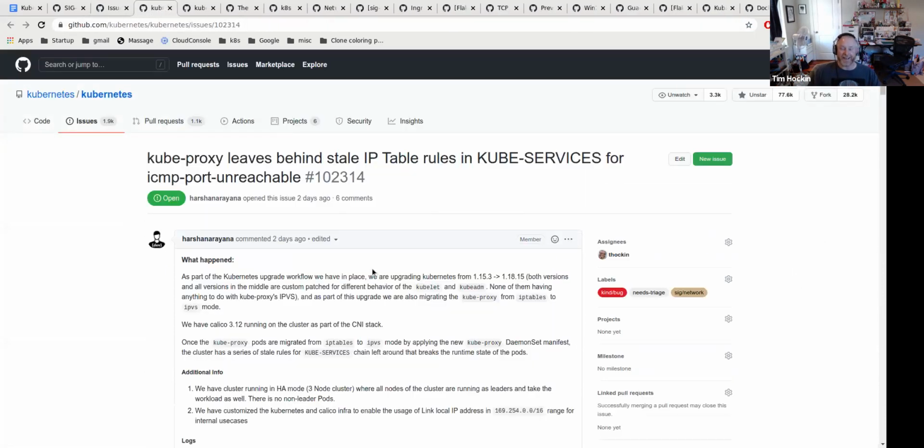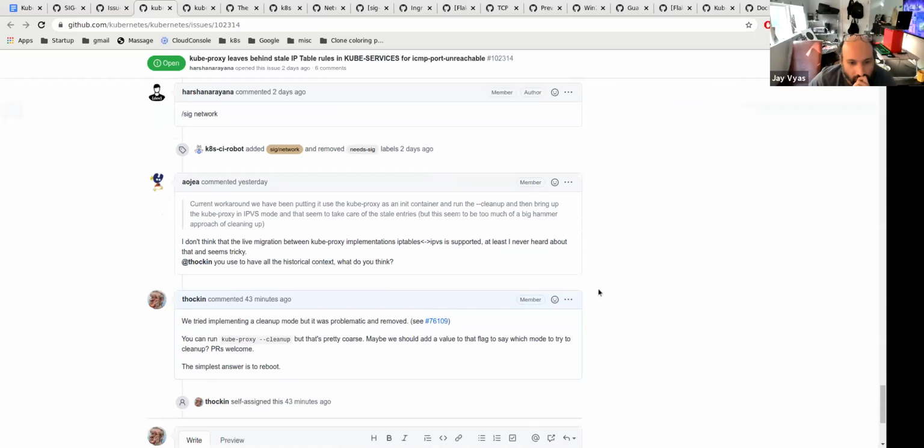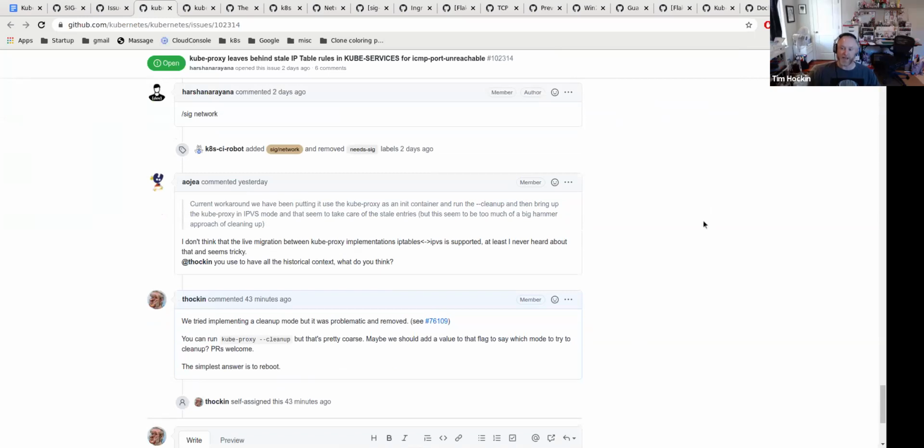This one's about kube-proxy and cleanup. Antonio reminded me that we used to have this cleanup logic, and then we removed it because it was super problematic. There's basically this user saying, I'm switching from iptables to IPVS without rebooting, and there's a bunch of iptables rules that are left over. The short answer is, yep, there are. We have kube-proxy --cleanup, which tries to clean up stuff, but I tried it myself, and it seems to fail and terminate early if, like on my machine, I don't have ipset. So it seems like that's not perfect.